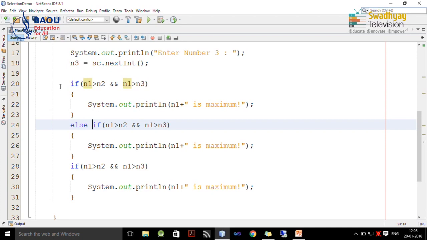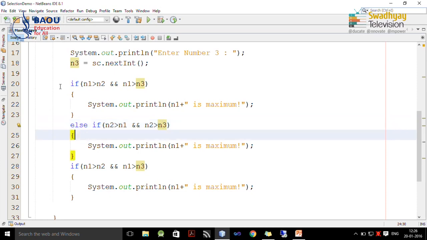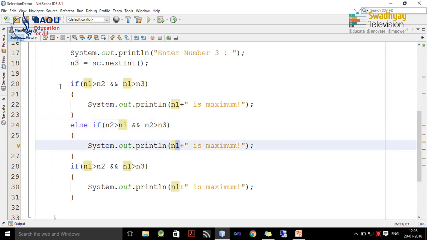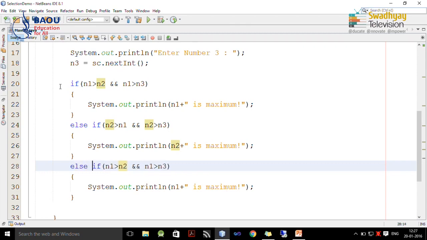Now, n1 is maximum. Now, we are going to check whether n2 is maximum. So, our condition is n2 is greater than n1 and n2 is greater than n3. So, here we just write down n2 is maximum, and if both the conditions are false, we are going to check whether n3 is maximum or not.